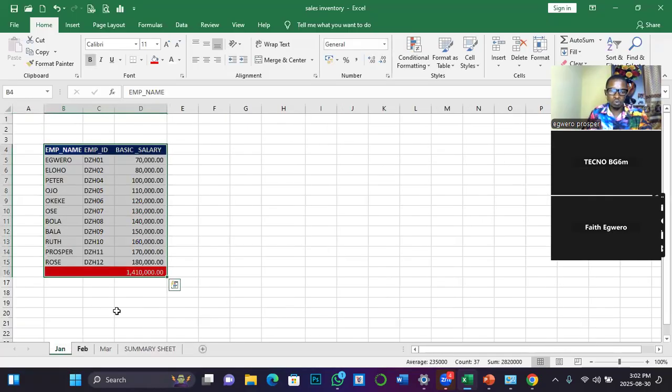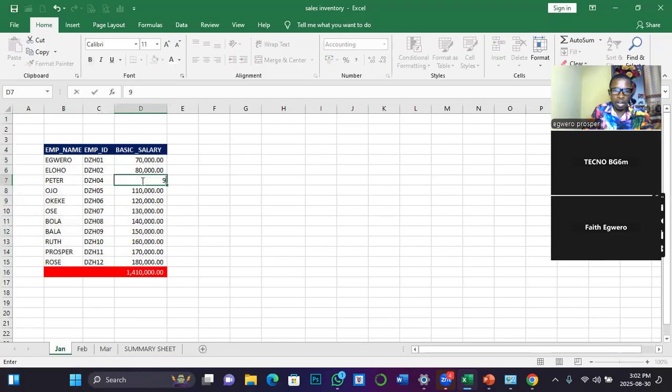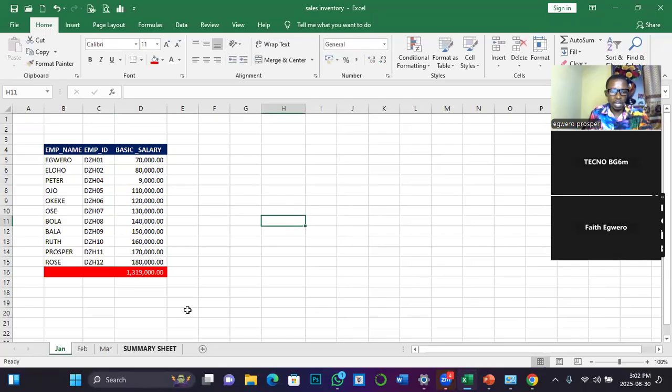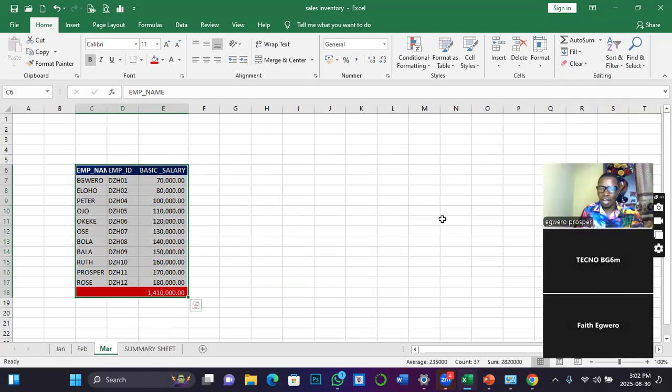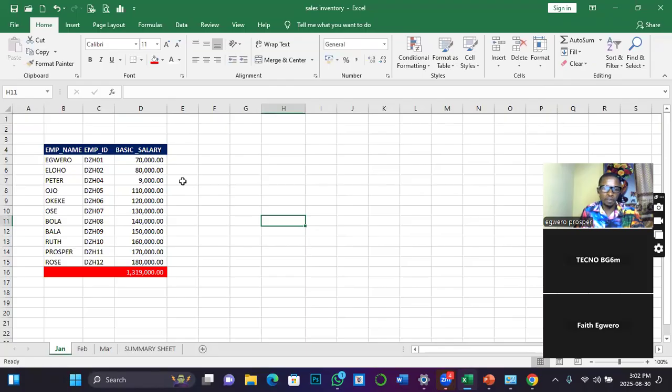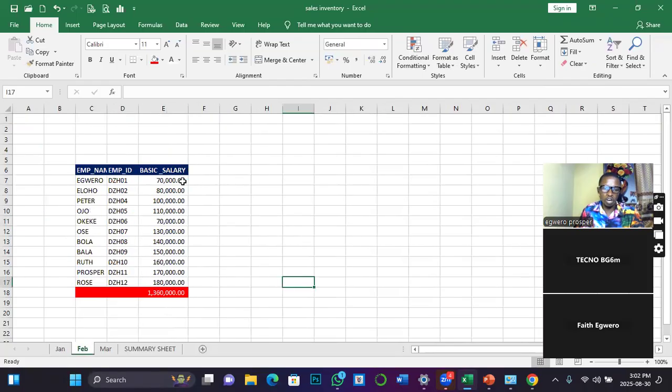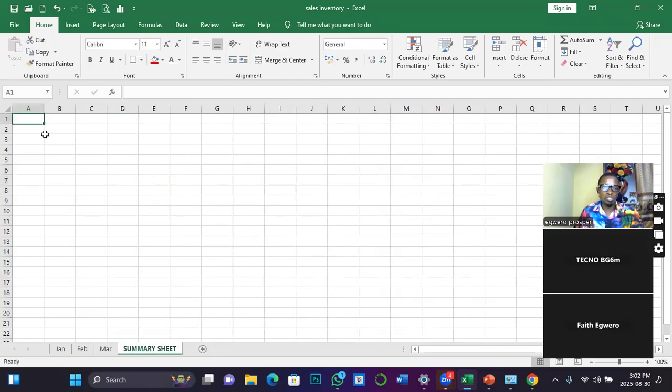Now I want the total to be added here. Let me just change some values so that we'll have something different. Now what I want to achieve is the total amount spent in paying salary for the month of January plus the one for February plus the one for March. I want the answer to display here.